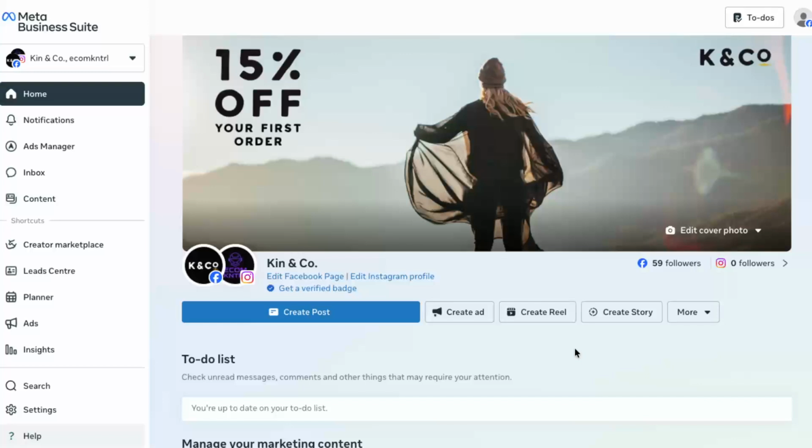First, make sure you're logged into the Facebook account that manages your business page. Once you're signed in, you'll want to head over to Meta Business Suite. The easiest way is to open a new tab in your browser and search for Meta Business Suite, then click the official link. This is Facebook's central hub for managing your business pages, messages, posts, and of course, your live